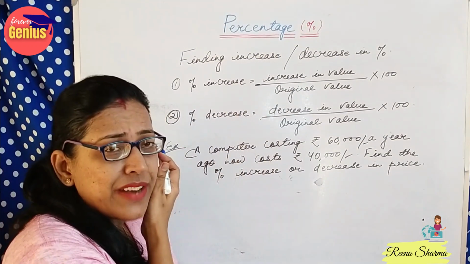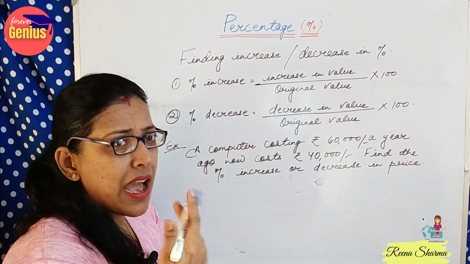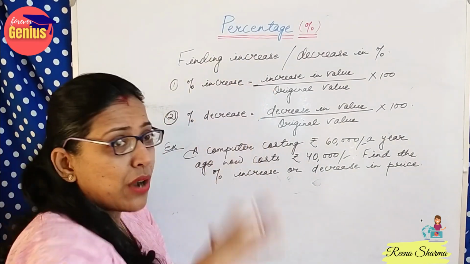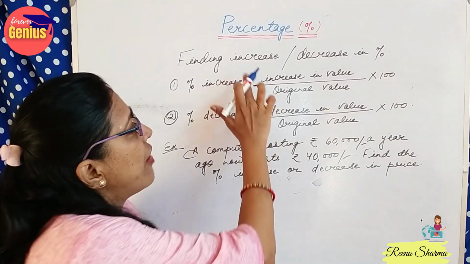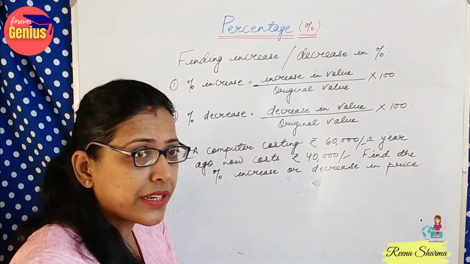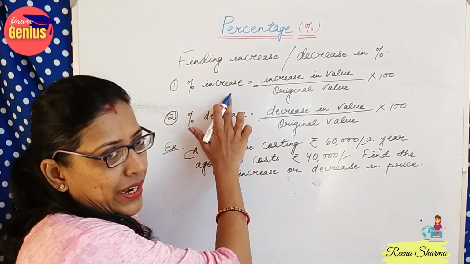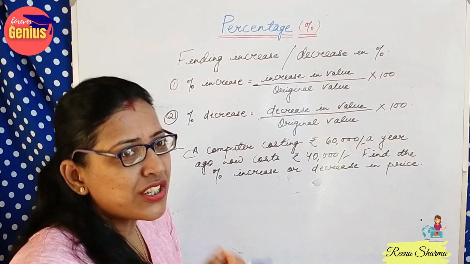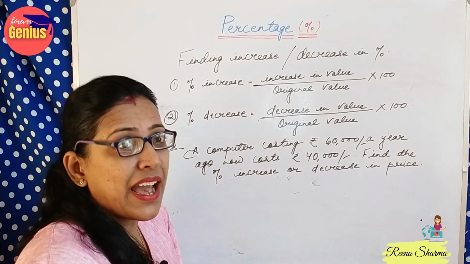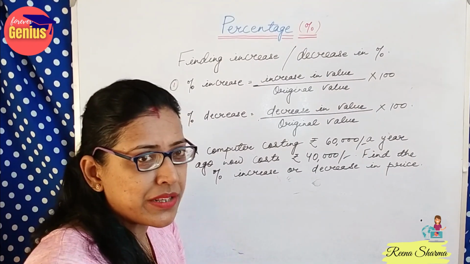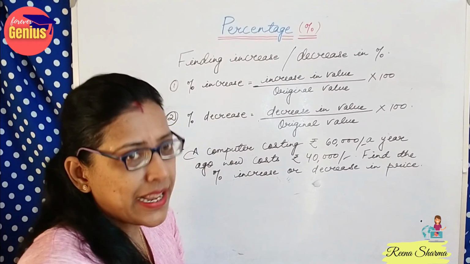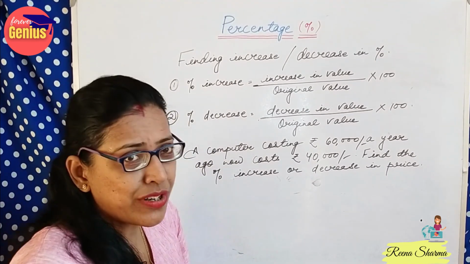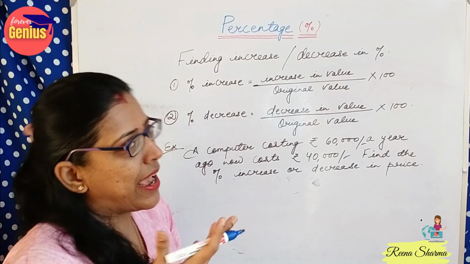Now, a lot of times in examination, questions are given where after 1 year, 2 years, there is an increase or decrease in a commodity. So, how to find out the percentage which has been increased or decreased? In those cases, to find a percentage increase, it is increase in value by original value. Suppose the cost of a pen is 15 rupees. But after 1 year, the cost of the pen was 12 rupees. So is it an increase or decrease? Of course, I can see that it is a decrease. So 3 rupees is a decrease. In order to find out the percentage, what will I do? 3 divided by 15 into 100 and we will calculate.